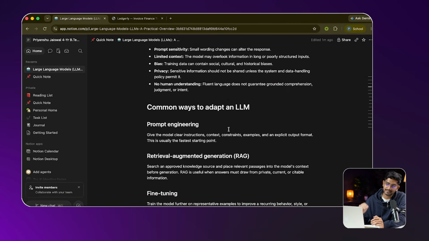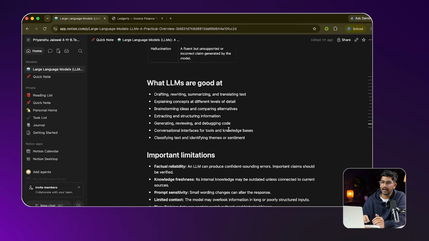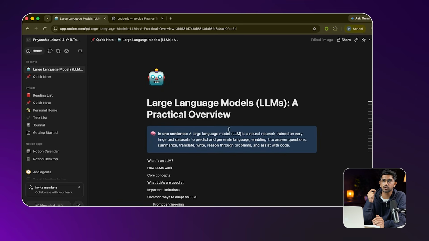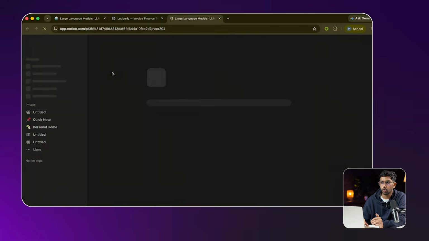You can see it has created the entire page for me just using a single prompt. And you are able to see that inside the Notion page also if you have logged in. You can also click on this link to open the Notion account. So this way you can use a plugin to create anything inside a third-party app. Now you can see it is saying that it has implemented all the changes that I asked for inside the